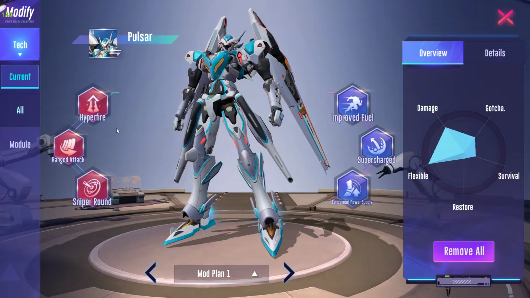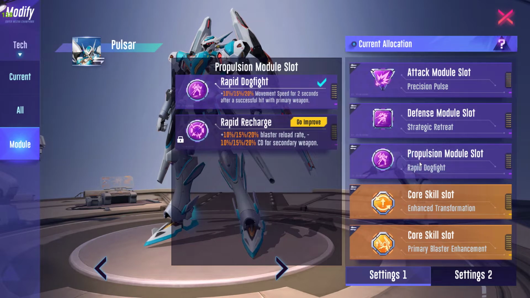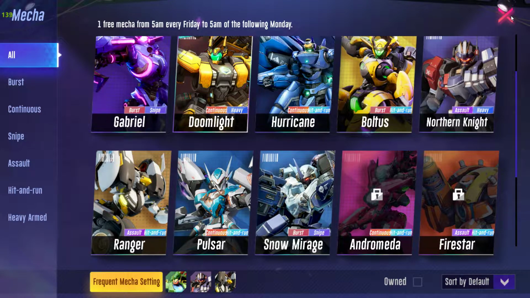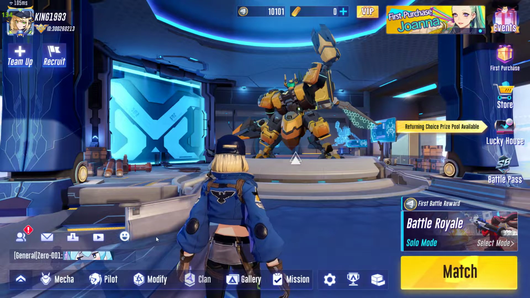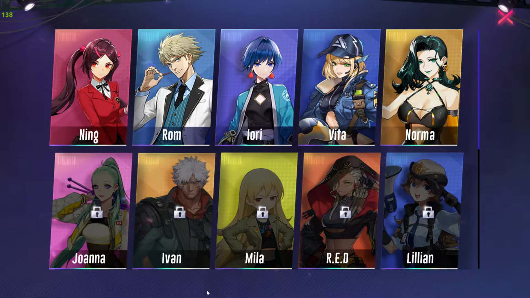And the following mecha mods, which I have already shown you, basically lower the amount of cooldown needed for the secondary weapon to recover. If you were to use the rapid recharge, then obviously everything is going to be fine. This mecha will be able to survive in battle a lot easier. But other than that, the question remains: what is the best pilot mecha skill for